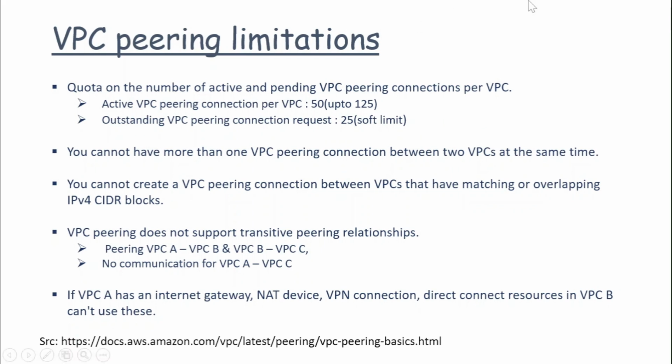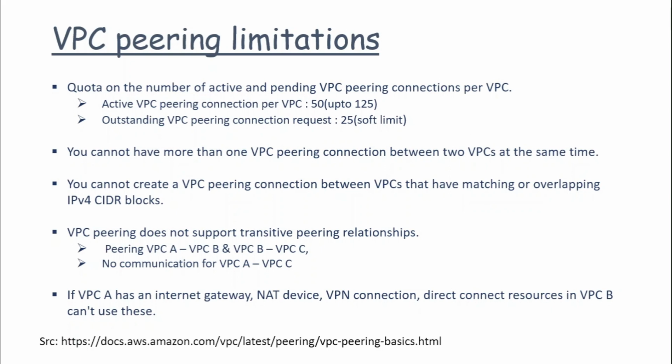So there are certain limitations I would say for VPC peering. The first limitation is the quota, that is the number of active VPC connections per VPC. It is 50 and can go up to 125. Another is how many outstanding VPC connection requests you can have. Soft limit is 25. Another important limitation is that you cannot have more than one peering between two VPCs at the same time. So you can have one and only one